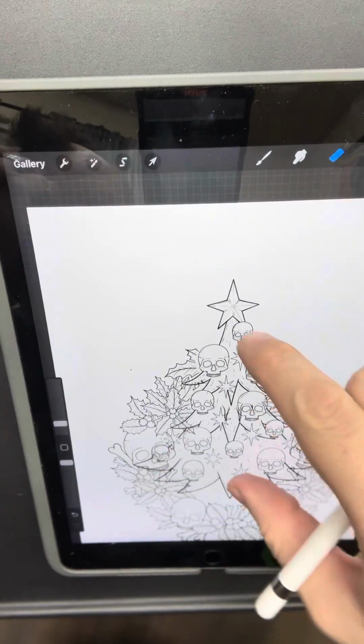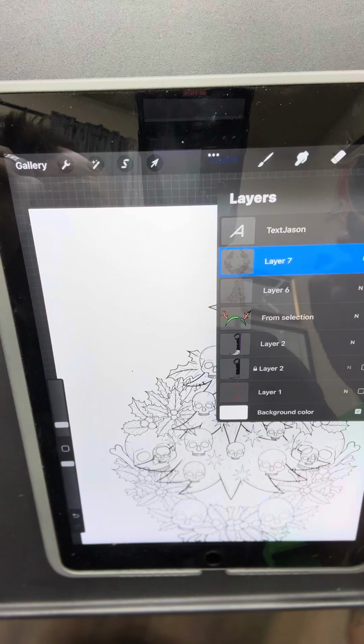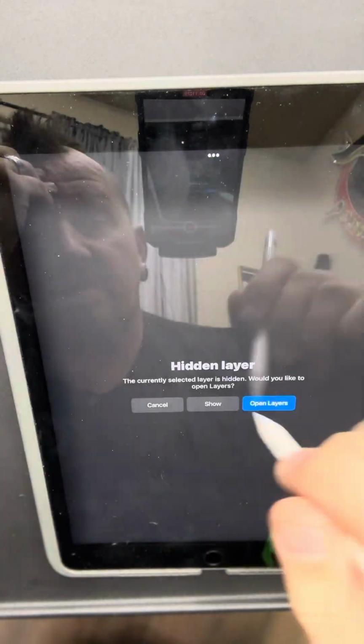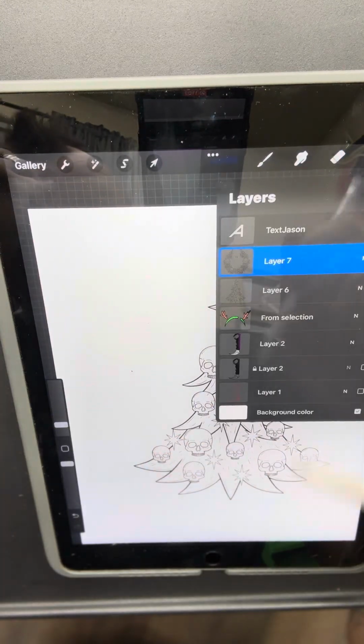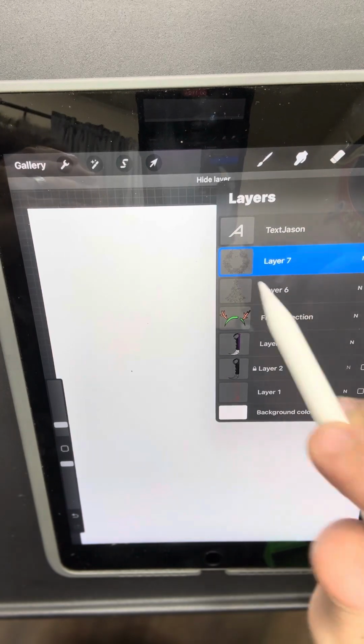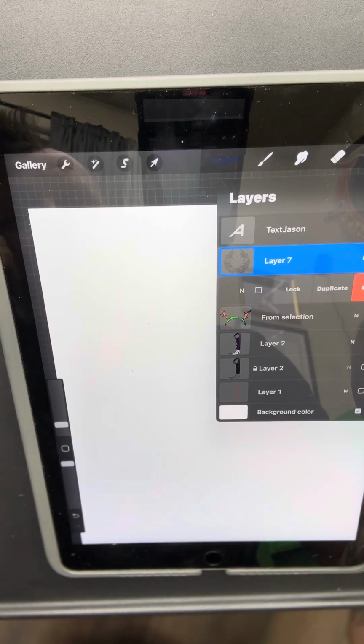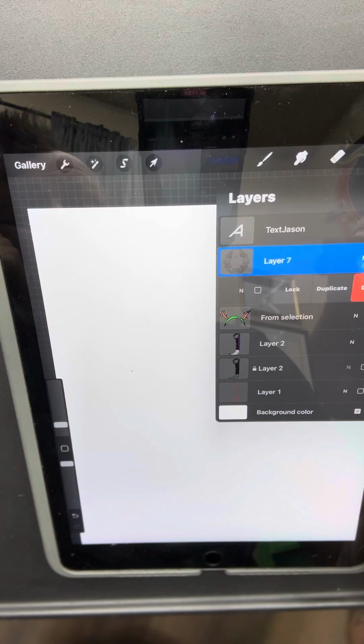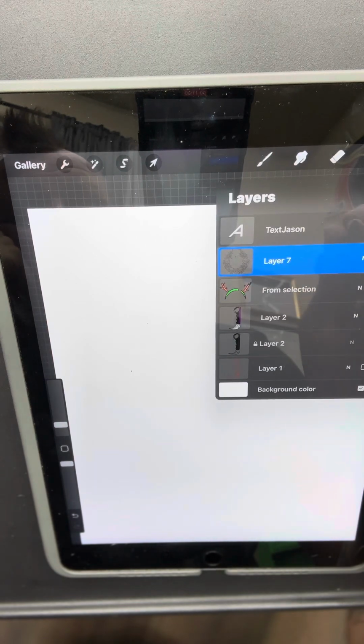Or if you don't want to see where that's at, you can take that off again. And it's a learning curve. And if you need to delete a layer, swipe to the left on that layer, hit delete,